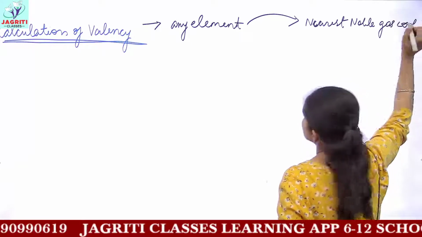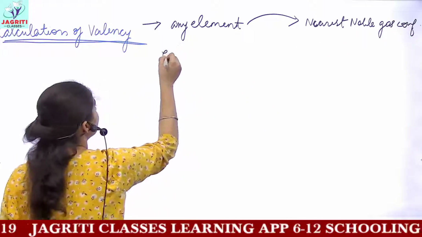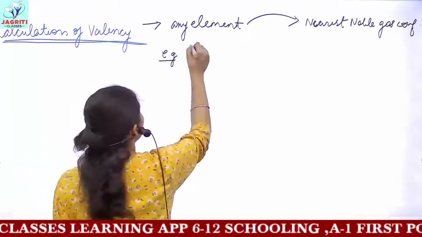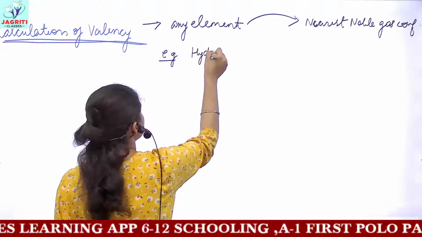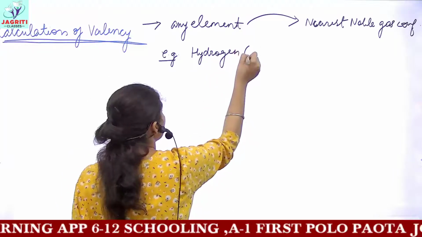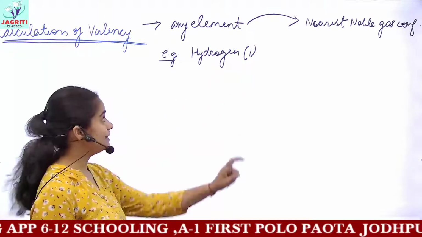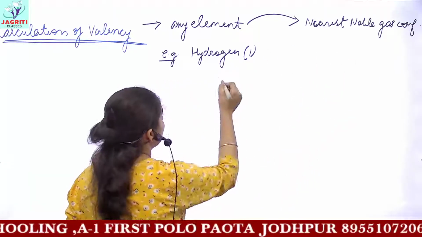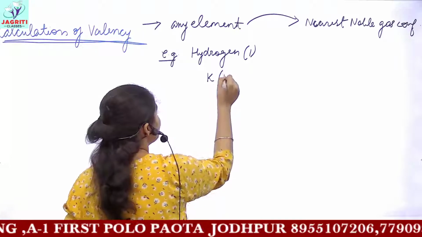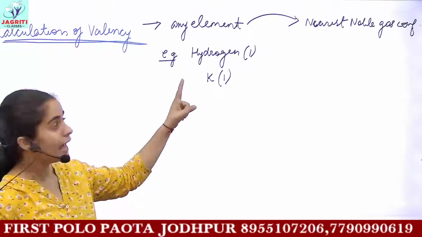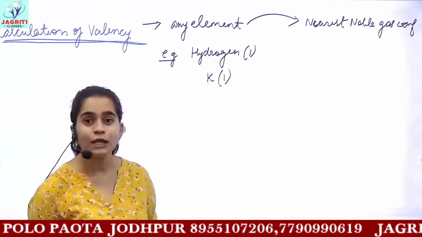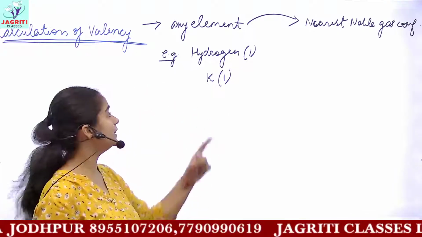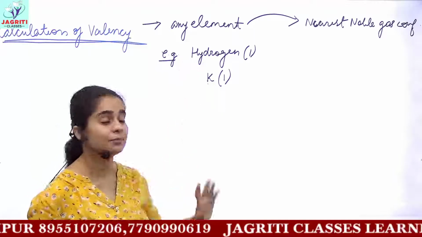To explain this, let's take an example of helium, which is a noble gas. Actually, I'm taking the example of hydrogen. The atomic number of hydrogen is 1. That is, it has 1 proton and 1 electron. So the configuration of hydrogen would be 1 electron in the K shell. And you know, for the K shell, what is the rule? Doublet rule. That is, if you have 2 electrons in the K shell, then your hydrogen would be stable.